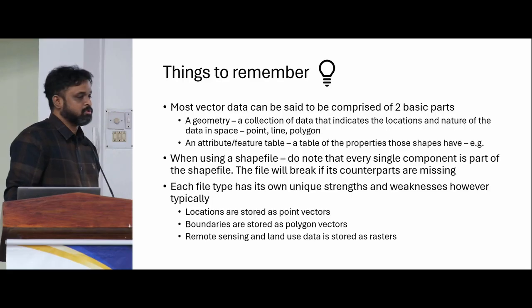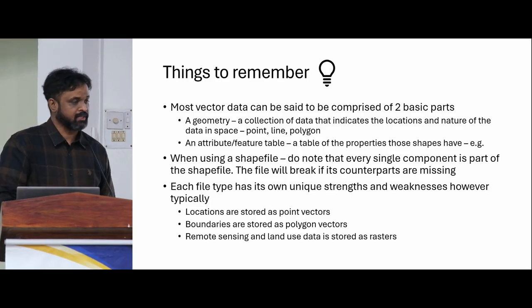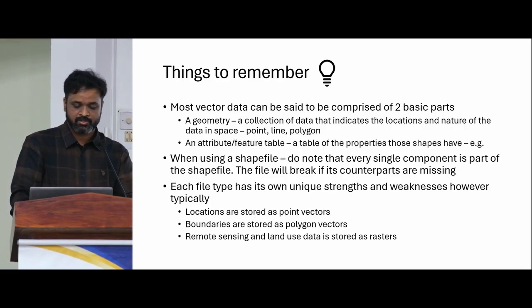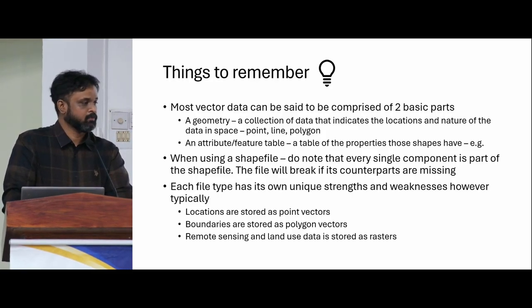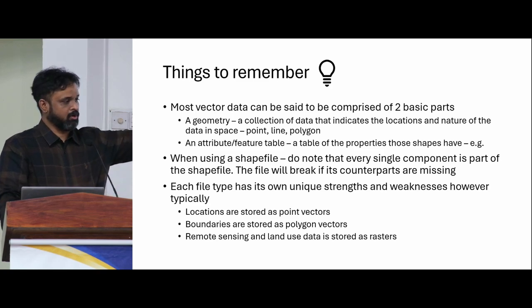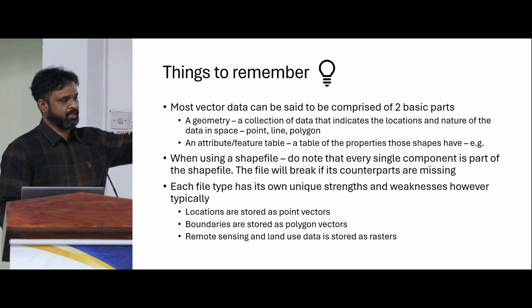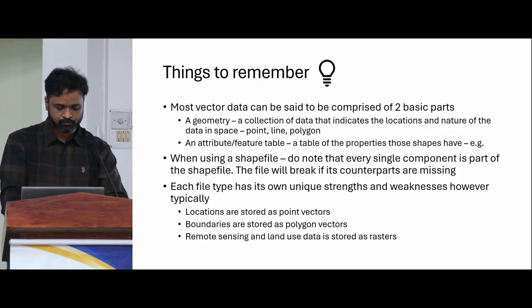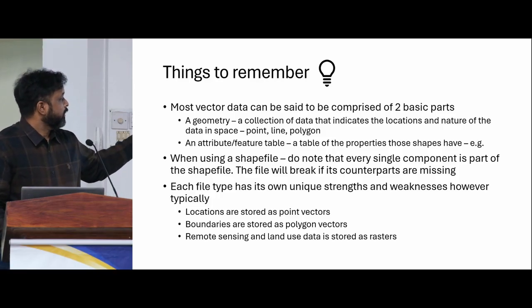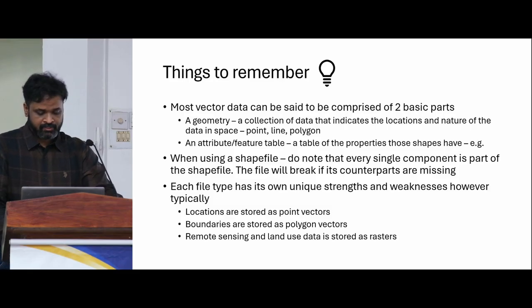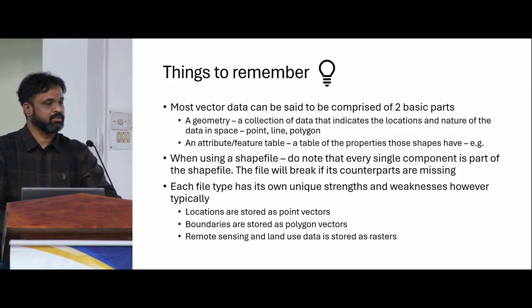Okay, so just to summarize, most vectors will be comprised of 2 basic parts, a geometry and a table. The table all of you are familiar with, that's just a normal database, but the geometry column either will be like a lat and long column, or it will be a geometry with a CRS. Then when you're using a shapefile, I think I've mentioned this already, don't send just an SHP file. Keep in mind that the shapefile is all 4. All of them have their own strengths and weaknesses, but in general,